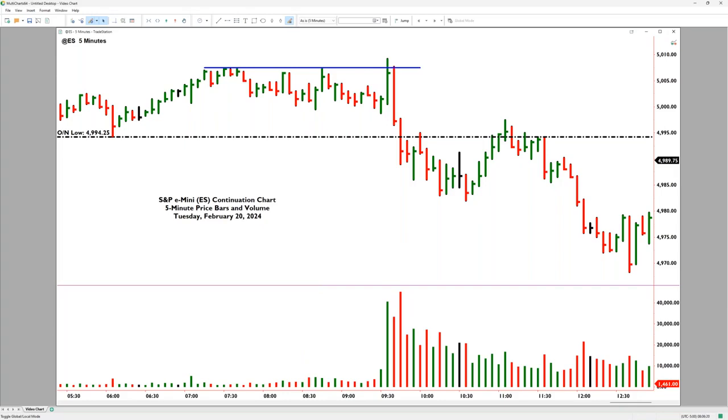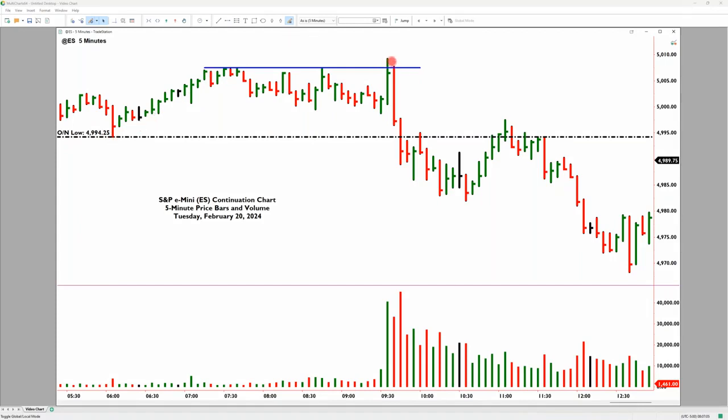Today I wanted to do a brief video on tape reading, a lost art, or reading the market by its own actions with price and volume, bar by bar. This is a chart of the S&P E-mini futures contract as it traded earlier this week on Tuesday, February 20th. And this is the 5-minute chart, the standard chart that we use on the intraday time frame. And the trading that occurred in the US morning session and a little bit earlier, some of the European session as well. So from the chart, we made an overnight low in the European session and tried to rally